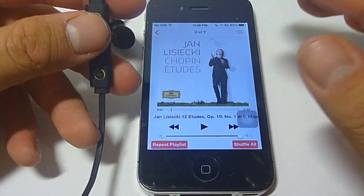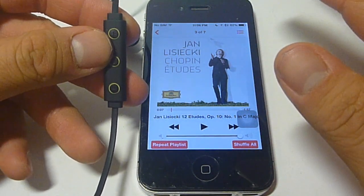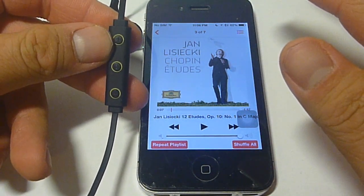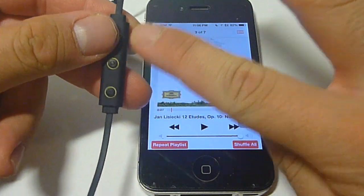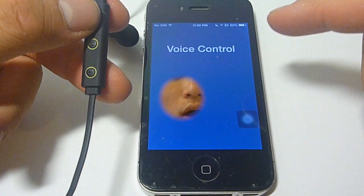And if you want to access your voice controls on your Siri or your S Voice, all you have to do here is press the positive button or the negative button, it doesn't really matter, and you enter your voice control. Moving on into comfort, by putting the cable around your neck like so, the cable stays out of your way,